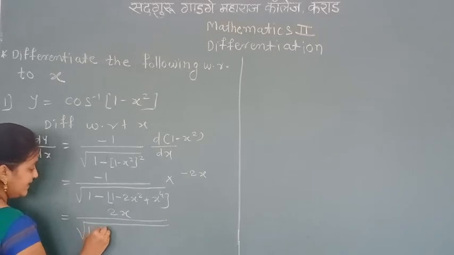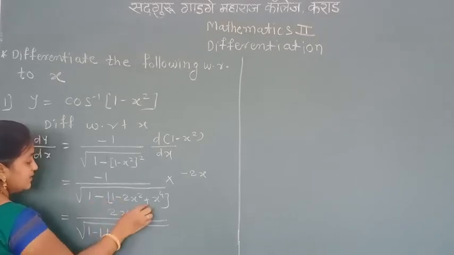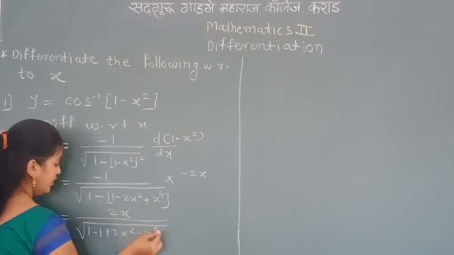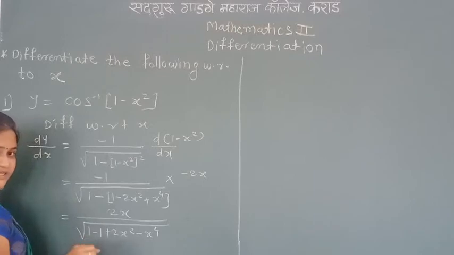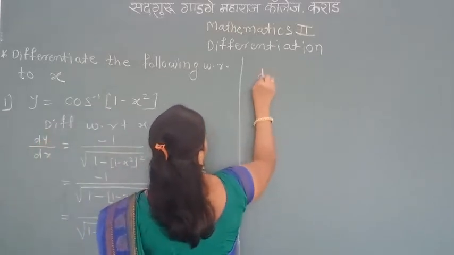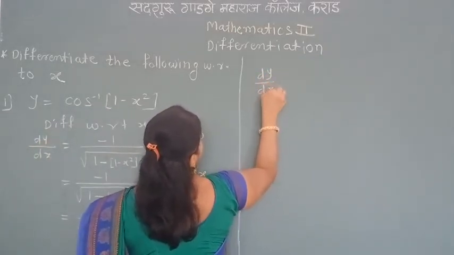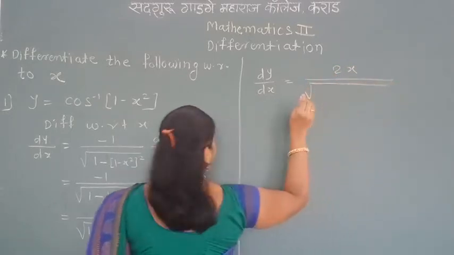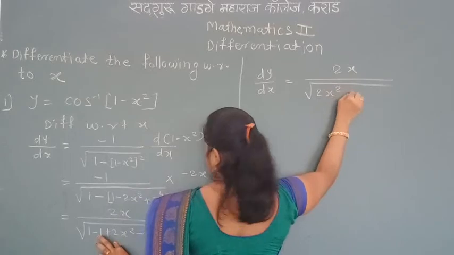So 1 minus 1, this minus minus becomes plus 2x square, and this plus becomes minus x raised to 4. Now simplify, minus 1 plus 1 cancels out. So we get dy by dx is equal to 2x divided by square root of 2x square minus x